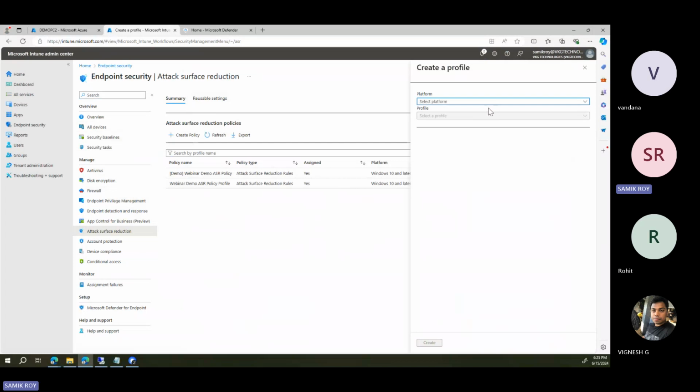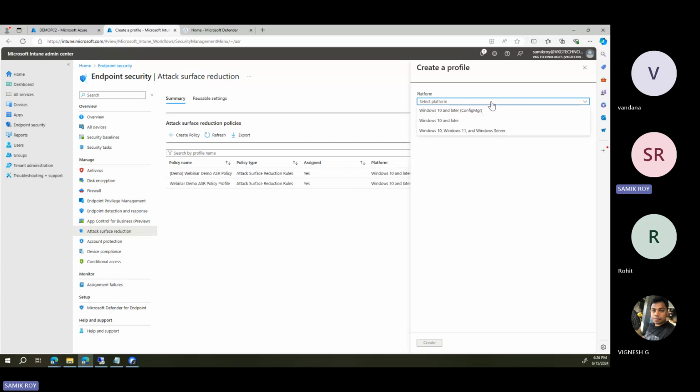each and every machine if you want to. Let's say if you are not managing through Intune, or if you have a very small scale of environment, or maybe you're looking for a demo, maybe PowerShell is the best way to look at it. And I'm also going to show you some sort of PowerShell snippet to ensure that the rules are deployed and are